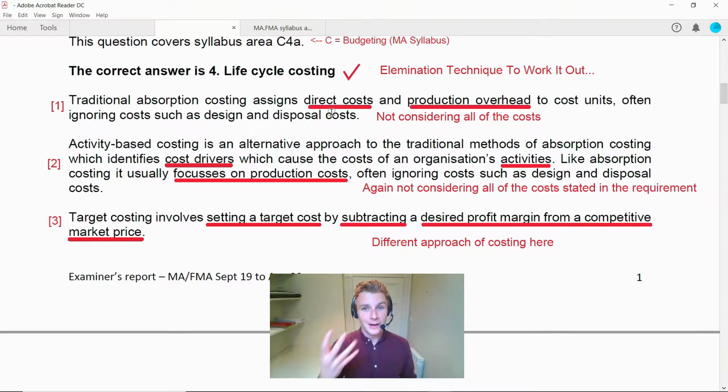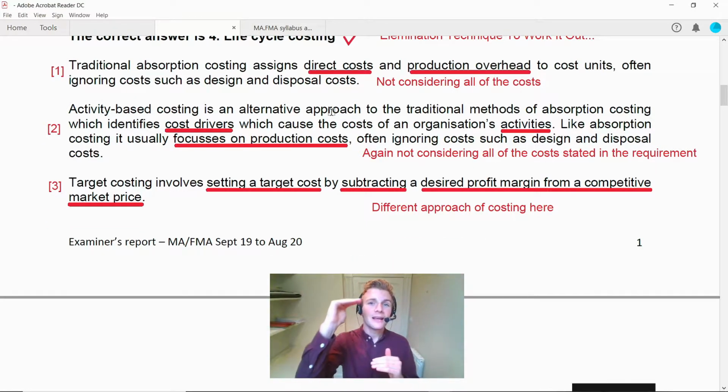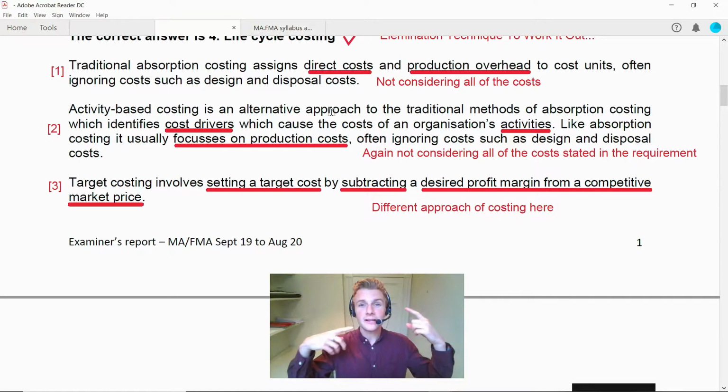So we know the actual correct answer is the actual life cycle costing, because it's going to cover many areas as well. But this is the elimination technique as I put it down on the notes here as well. So as you can see on my numbers on the left hand side, feel free to put this in your notes as well, as to they've gone through each of the three ones that are not the right answer. Okay, and this is the technique you need to be building in your mind going into this exam, because first